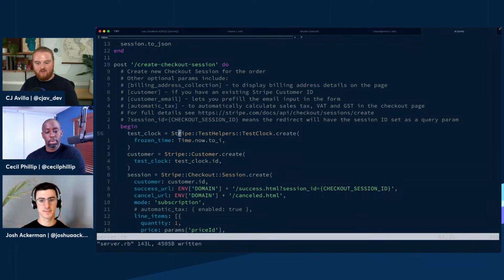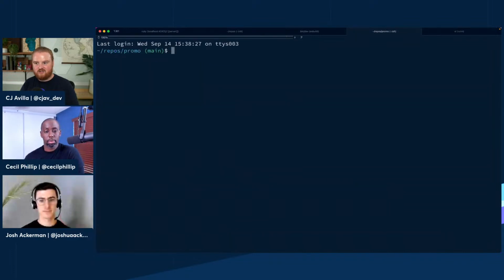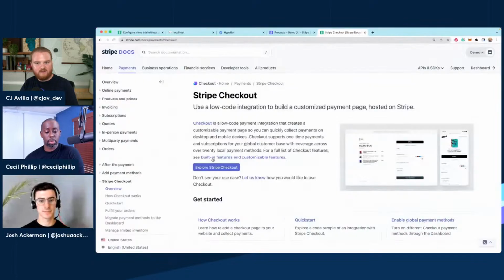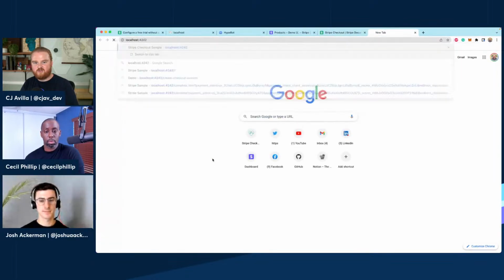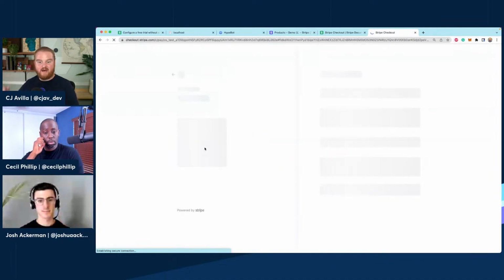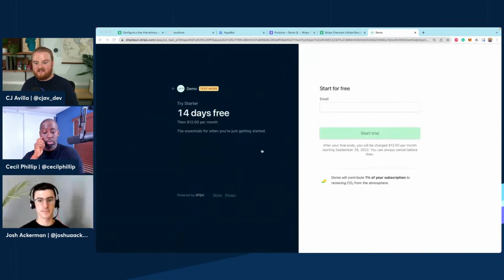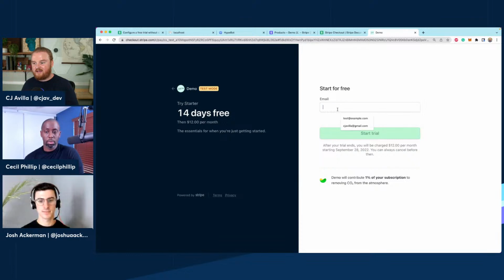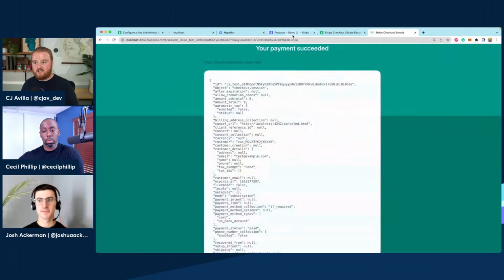Okay, so right here we have our test clock. I think that all should work and fire up okay. So I'm going to restart my server. We're going to head back over to localhost 4242. And now when we say redirect me back to Stripe checkout, one of the things that we'll see is that we should have a new test clock created for a specific customer. So now if we enter in maybe test@example.com and say start trial, once that subscription is created,